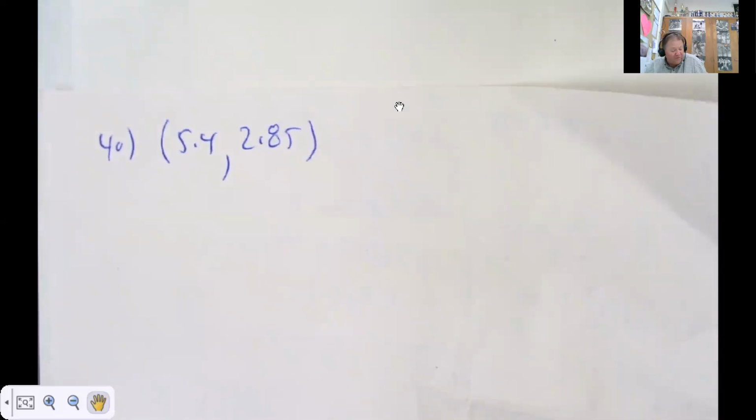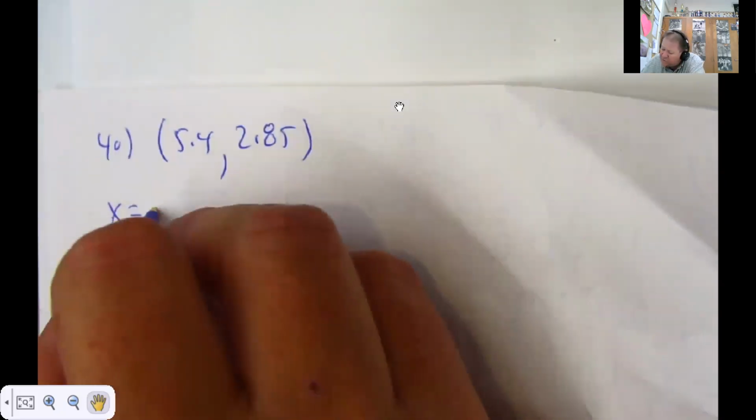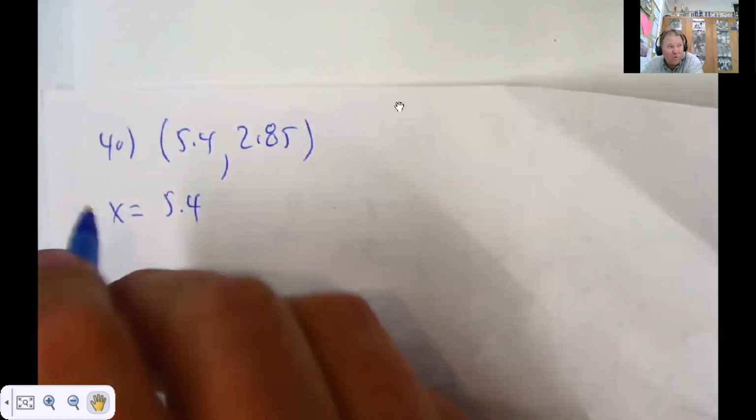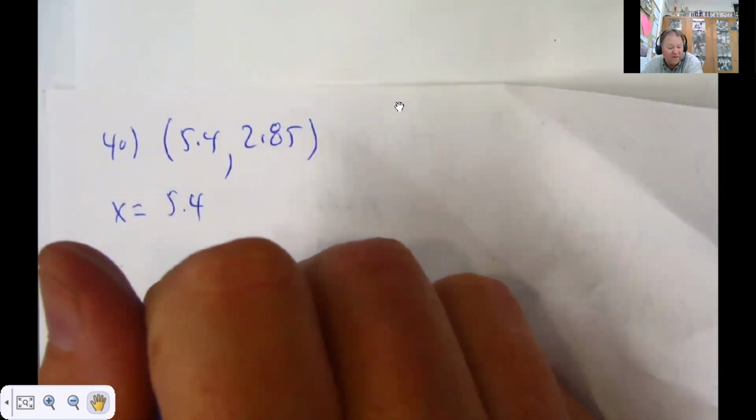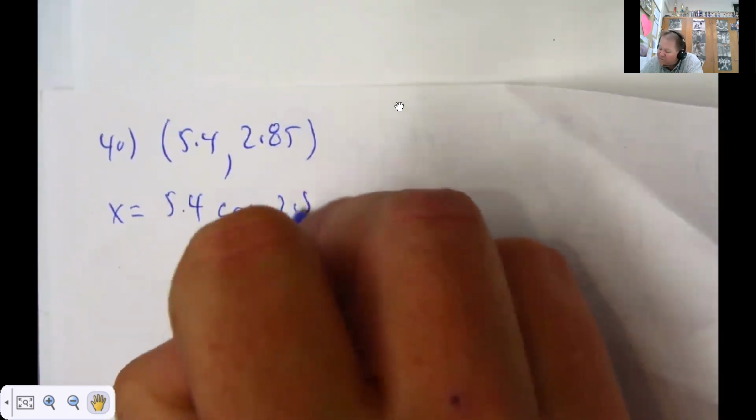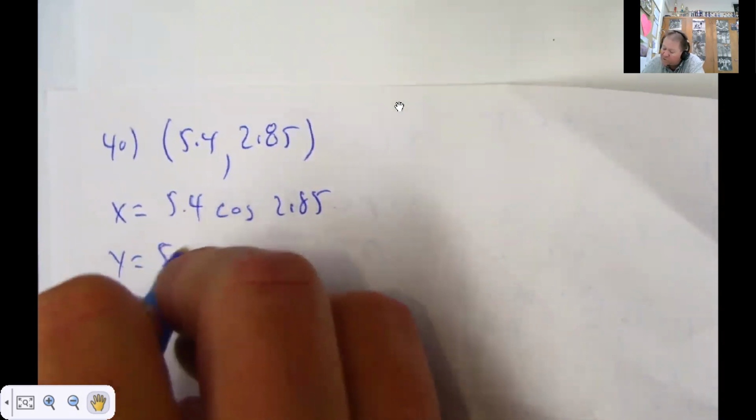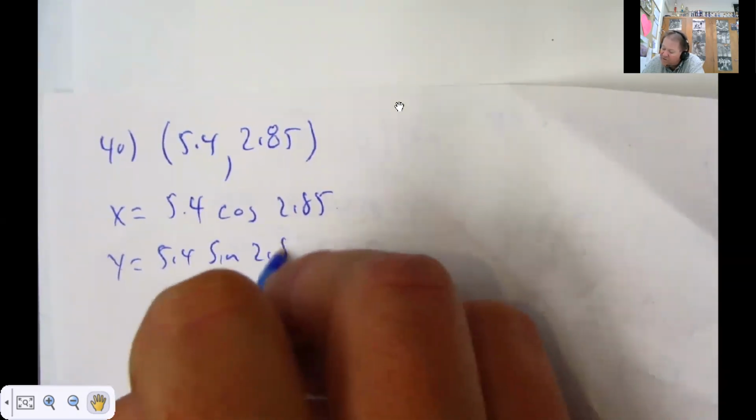40. The point in polar form is 5.4. That's the r value. The theta value is 2.85 radians. No degree symbol. So that means x is equal to, this is the last one for polar, going from polar to rectangular, then we're going to go from rectangular to polar. 5.4 times the cosine of 2.85 radians, y is going to be 5.4 times the sine of 2.85 radians, and